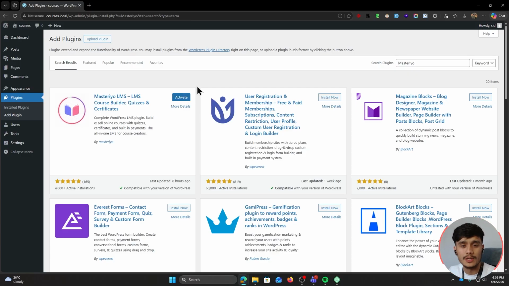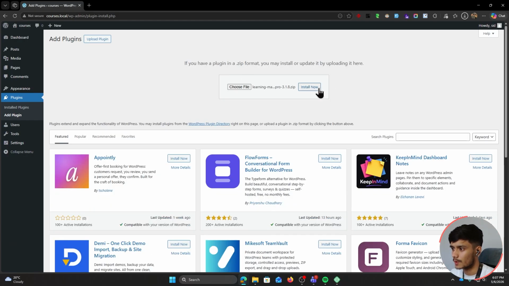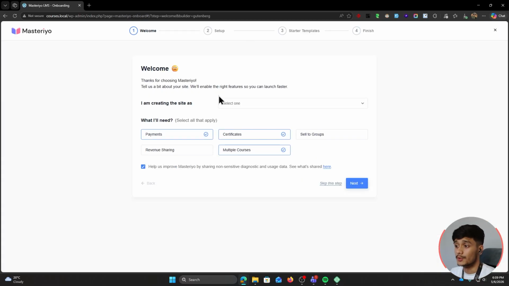But for this video, I'm going to be using the full version of the plugin, Masteriyo LMS Pro. But just know every single step is going to be the same. It's just a few different features that you get in the Pro version. And realistically, you don't even have to upgrade. So just letting you know. Here, what I'm doing is I'm installing the Pro version of the plugin. Simply click on install now if you're using the free version, and once you hit activate, you'll now be